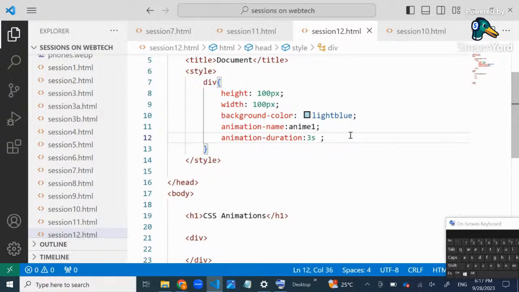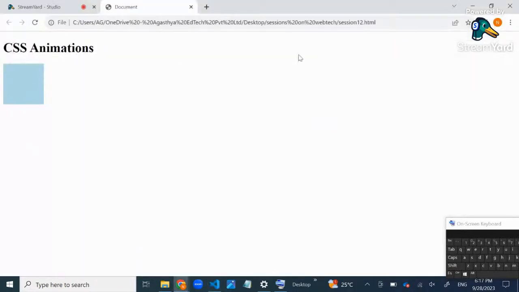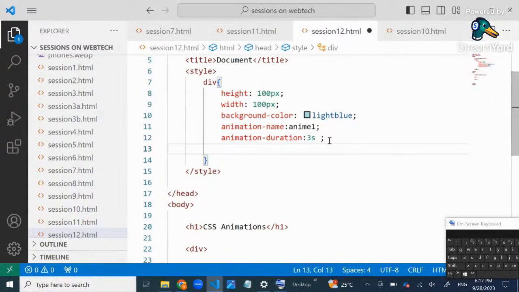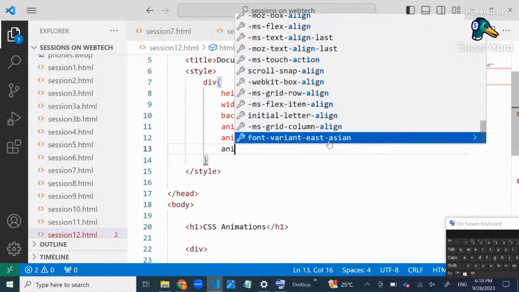So in this duration, in 3 seconds, the transition must happen. The light blue should be changed into any other color in 3 seconds. Then we have another step, that is animation